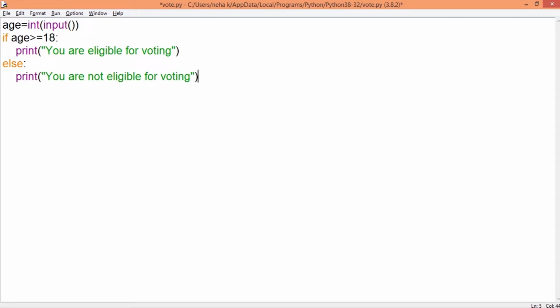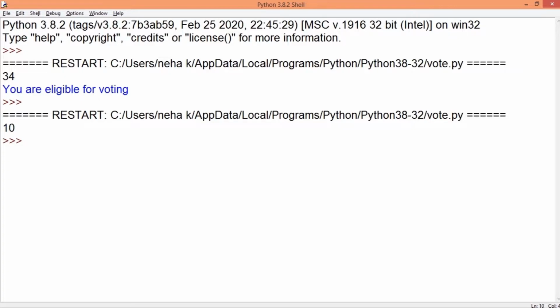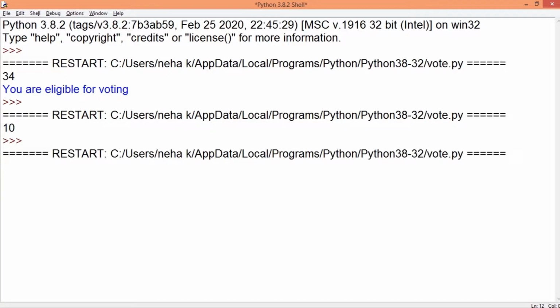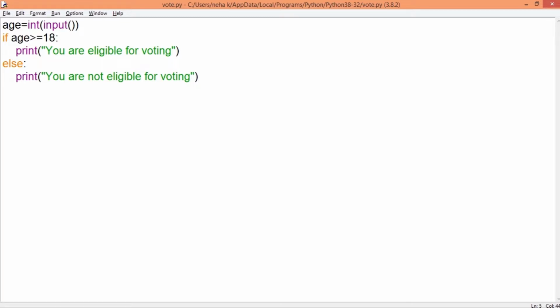Now let's run this code, and this time it is going to work perfectly for any value, whether it is greater than or equal to 18 or less than 18. So in order to write programs which work fine for your conditions, it is important that you understand where and how you are going to put the if-else statements.